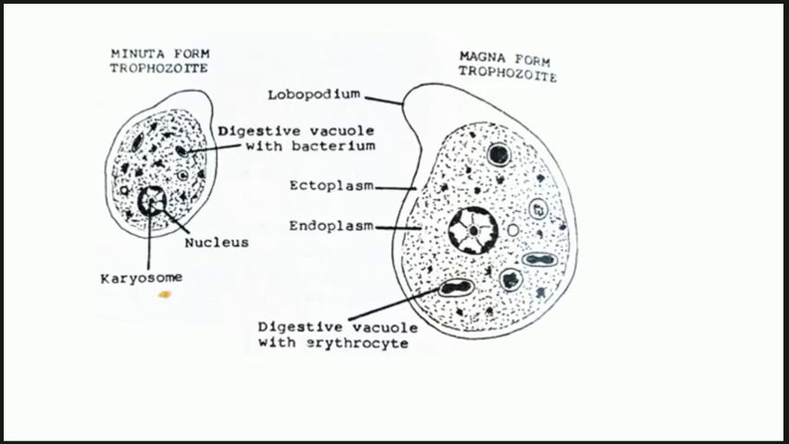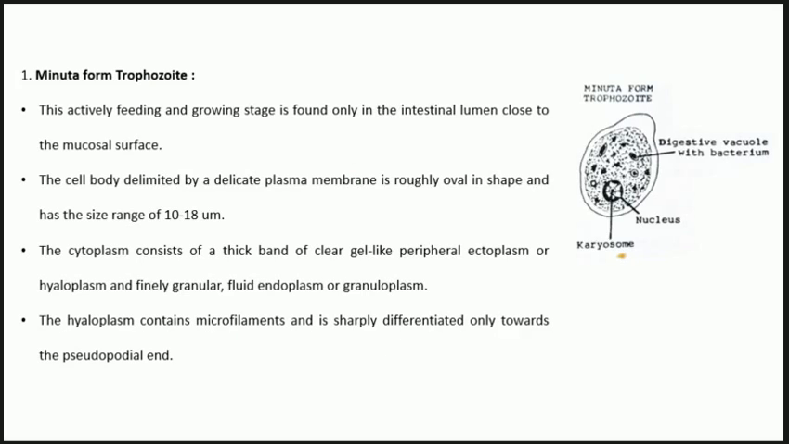Okay, so this is the basic difference. We will talk about the minuta first. What are the things present in the minuta? So minuta form trophozoite. This is the actively feeding and growing stage, found only in the intestinal lumen close to the mucosal surface. Remember, minuta form is